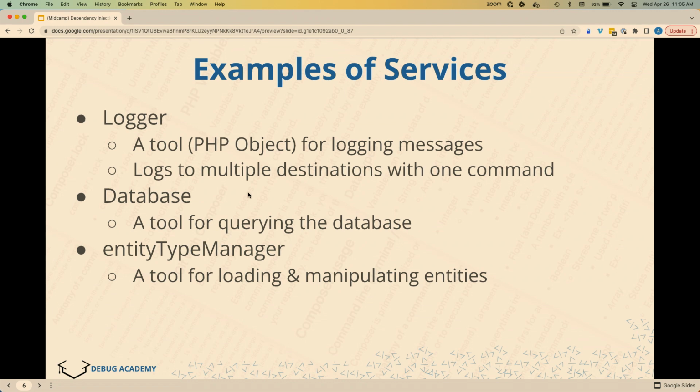The database service, so you're never explicitly calling MySQL or MariaDB. You just interact with the database service, and it does that for you. Entity type manager, you're not calling node load anymore. Now you're using the entity type manager service and using that to load and manage entities.